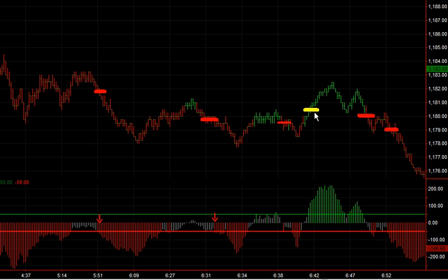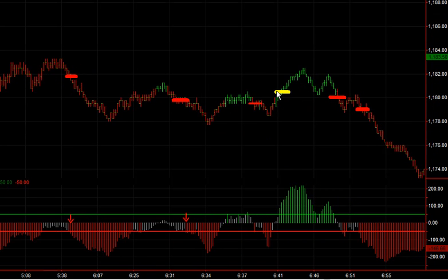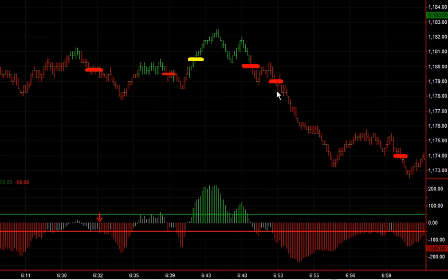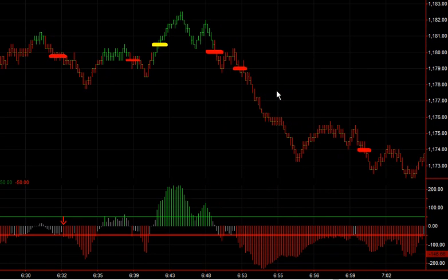I'm not saying I'd stay with all of these trades, or get all of these, but these are areas of interest where I would likely have placed trades. This was the first trade of the day, possibly a short right there. You can see the indicator below, but I got these marked based on method, and the indicator below just happens